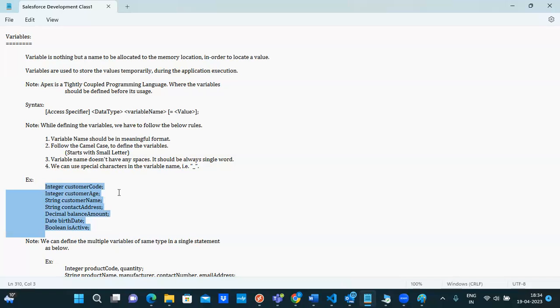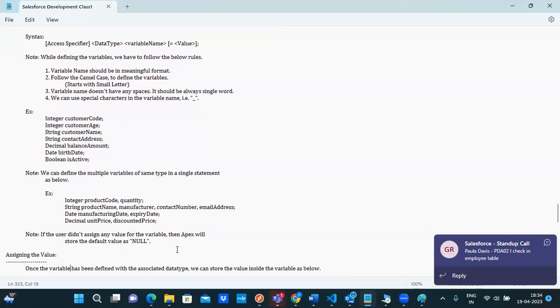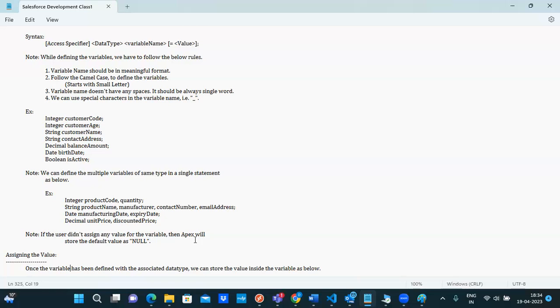Yes, we can do it, separated by commas, and each line of code in Apex ends with semicolon. So that we have to remember. We can define multiple variables in the same single statement. Yeah, we can do that. Okay, so integer, product code, and quantity, two different variables. Okay, if the user did not assign any value to the variable, yeah,